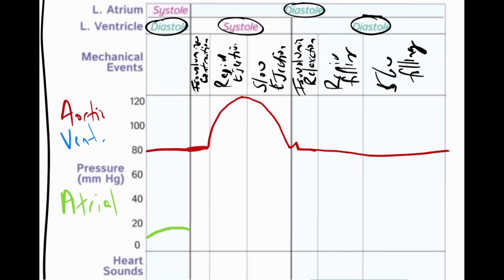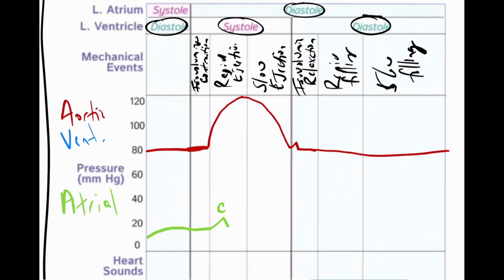Why is the atrial pressure there at the bottom going up? Atria are filling. If you add volume, you add pressure. So we're filling. This is left atrial systole, remember? So the atria are squeezing. Okay? So at this point, they don't really move much. Remember, this is isovolumic, so no changes in volume, no changes in pressure. Then we get a little bit of a squeeze. There's your first initial bump, and that is your C.